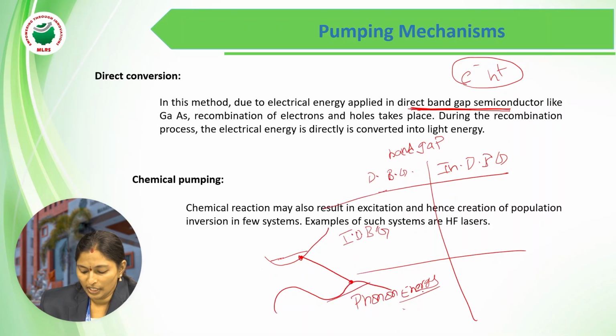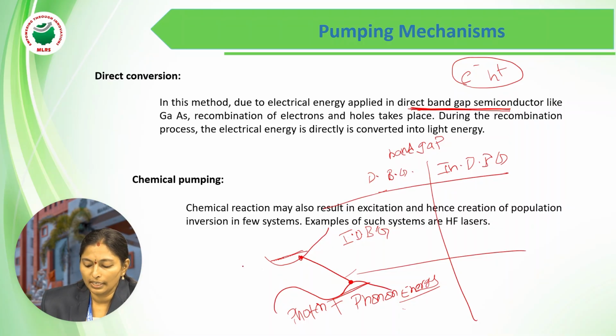So here we are using extra energy, which means we get larger values. In order to conserve momentum, for indirect band gap semiconductors, we need photon plus phonon energies. So direct band gap means both the valence band maximum and the conduction band minimum occur at the same k values. That means momentum and energy are conserved, we use only the photon energy, and we have lower band gap values.